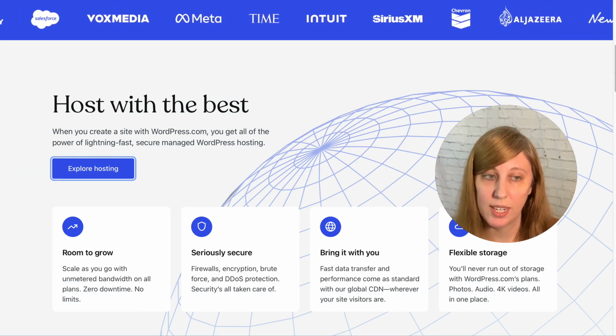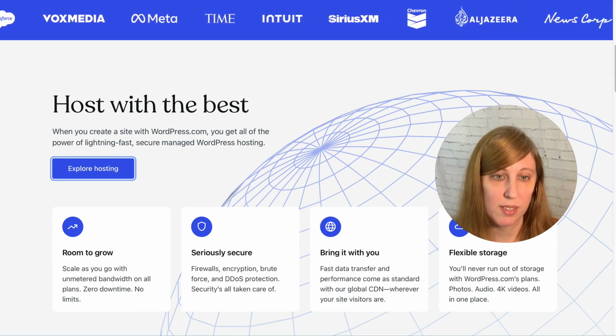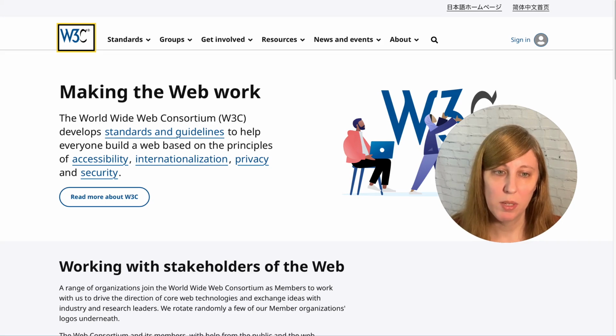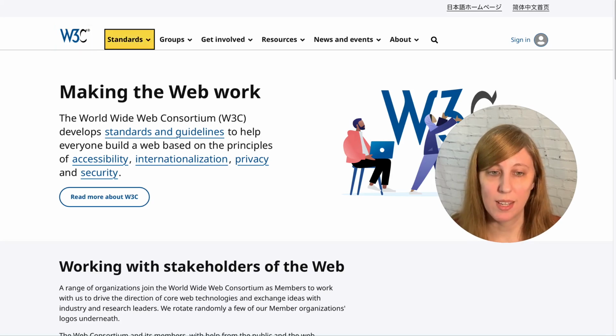So now we're going to take a look at another website. Here we are on the W3C website. And here they use a focus state that is a double outline, yellow with black, so that the focus indicator has enough contrast with itself. And we can see the clear focus state as we go between different elements.